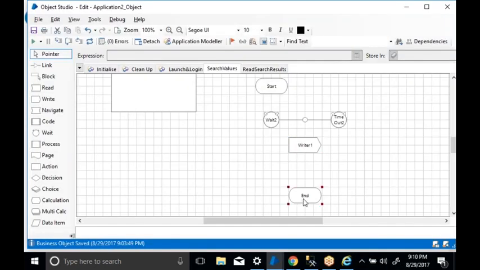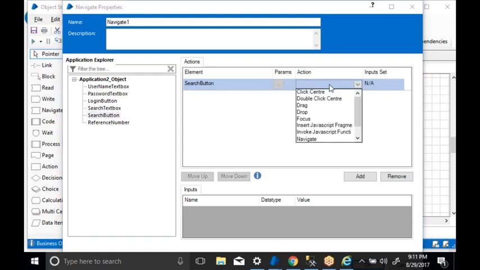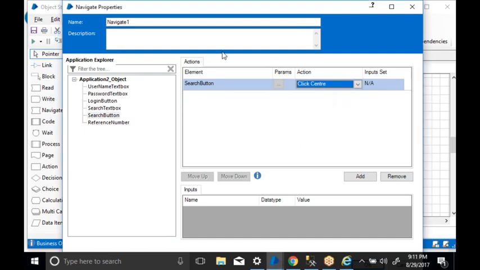After writing, I want to click on a button. To click the button, I will use the navigate stage. Now drag and drop the search button under the element, and the action is click. I want to click on that particular button, at the center. Now select that, and give the name as